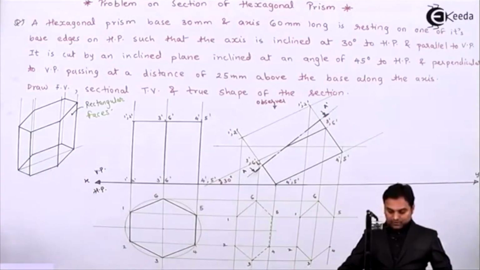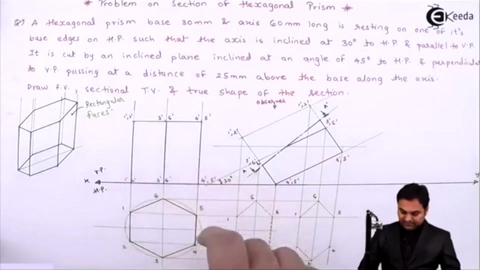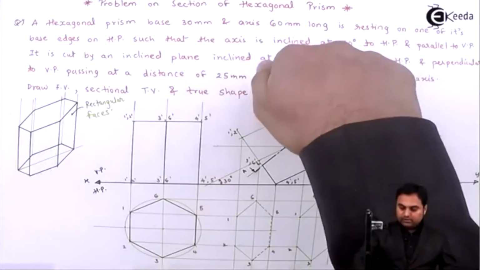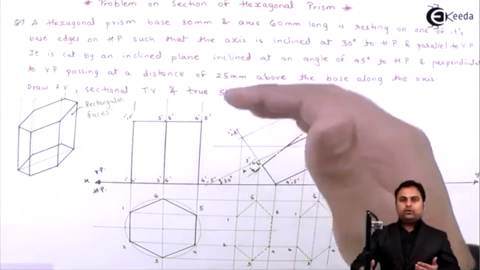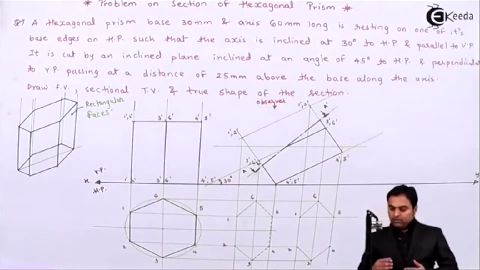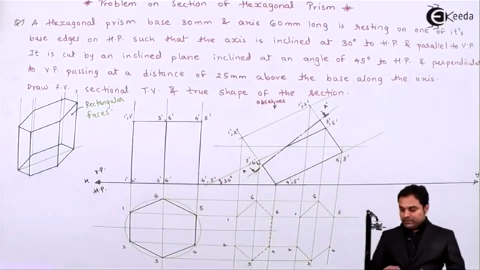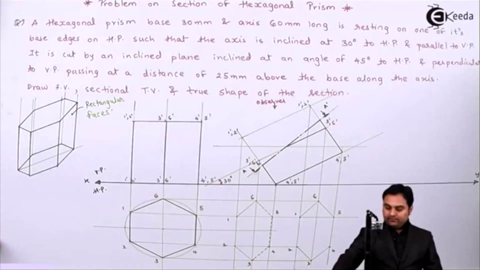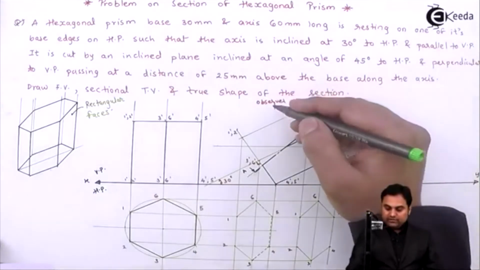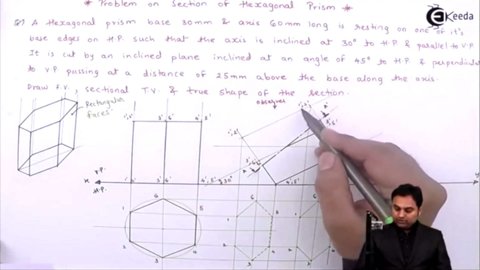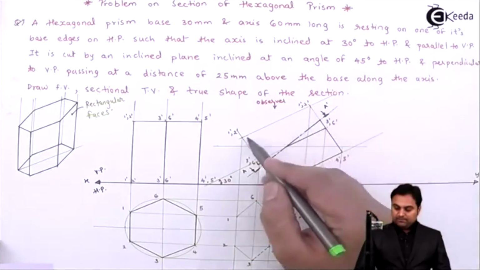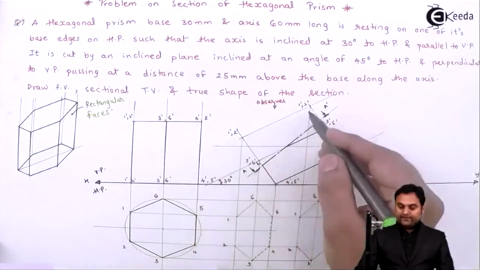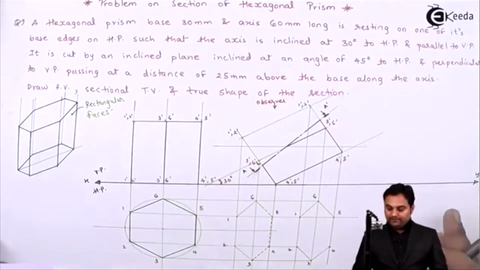Then once I have made this dark, here I look from the top, that is as an observer. So when it is cut, I need to project the points of the cutting plane, and whatever is visible I'll draw that. So first of all, when as an observer I am looking here, this portion 1 dash 2 dash, this complete edge, or you can say the triangular face, is removed.